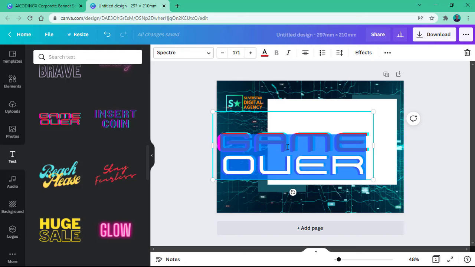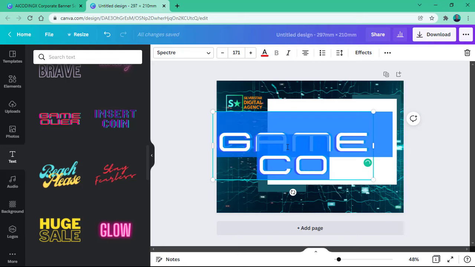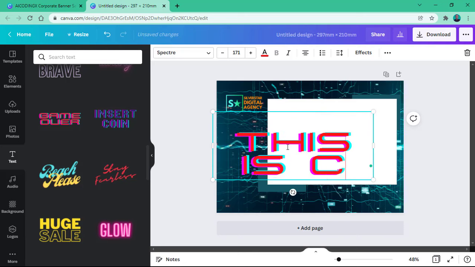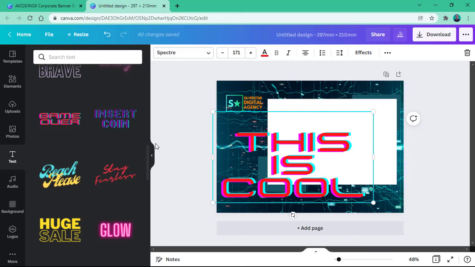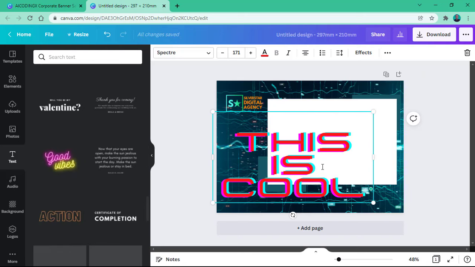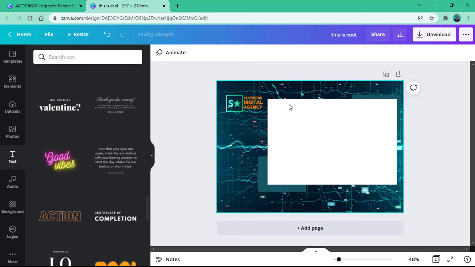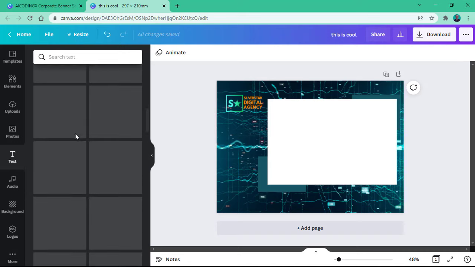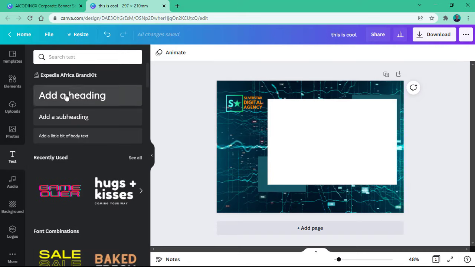So you have all this stuff, maybe for parties, maybe for Valentine. Anyway, I don't want this one. I'm just going to select it and use this button right here. You can even use the backspace to delete it. I'm going to scroll back up and then I'm going to use the heading, or I will use a paragraph. If I search